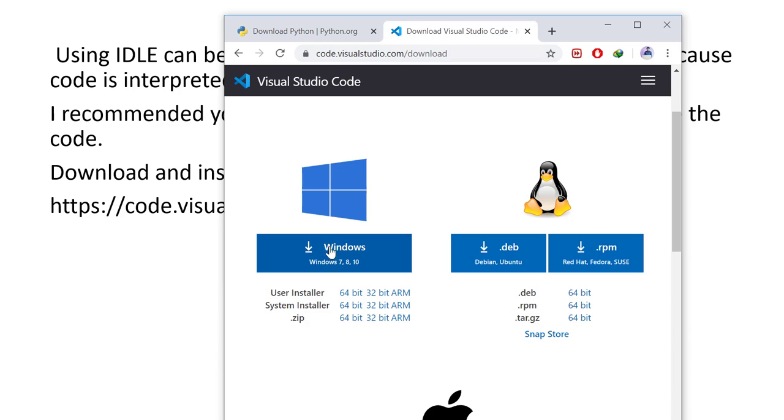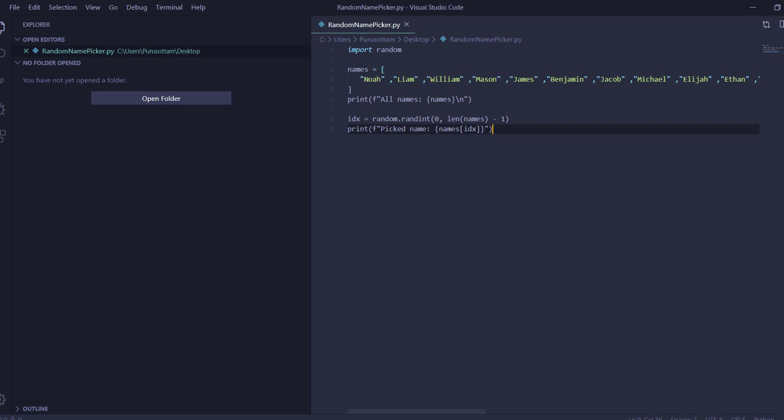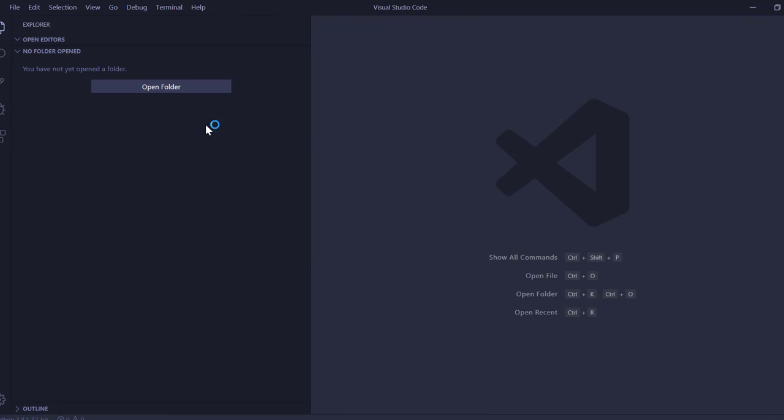Here for Windows you can download this, for Ubuntu you can download this, or for Mac this link. After installing successfully, you can check that. This is Visual Studio Code.